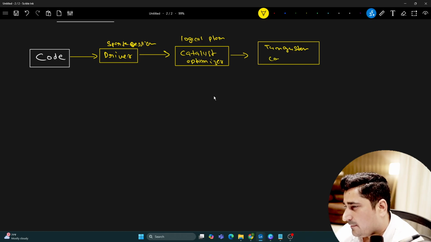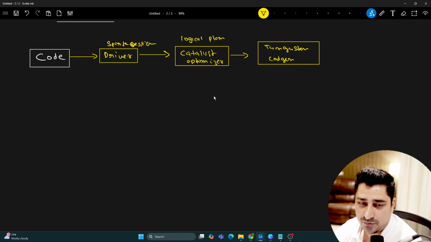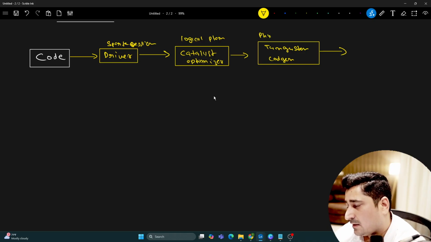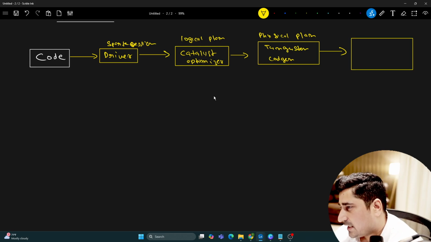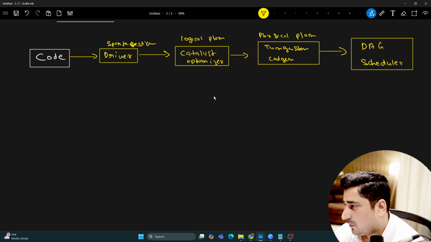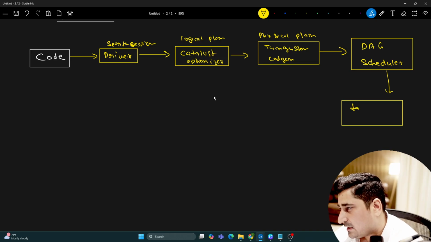Tungsten, or you can say CodeGen optimizer, which is going to generate a bytecode of a physical plan. So this is technically called the physical plan. And once this is done, it is going to create something called a directed acyclic graph. So the DAG scheduler is going to be invoked,